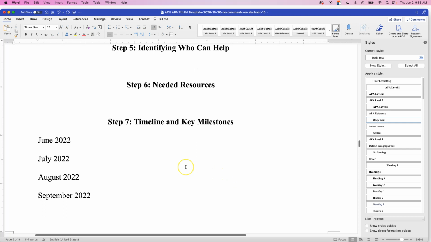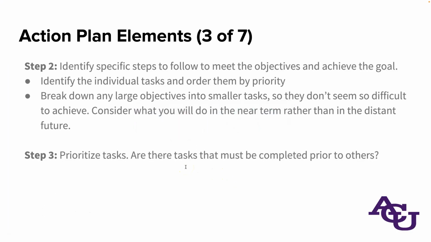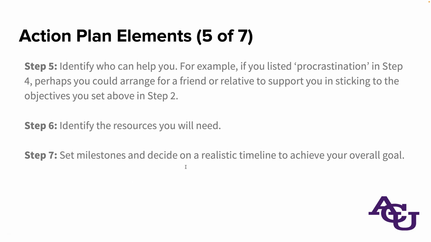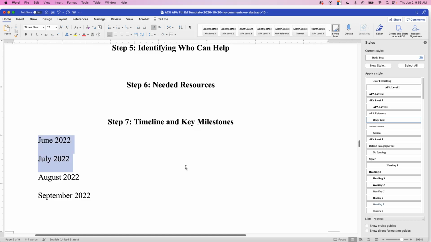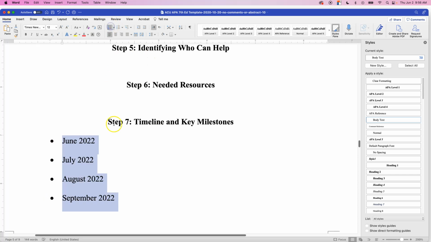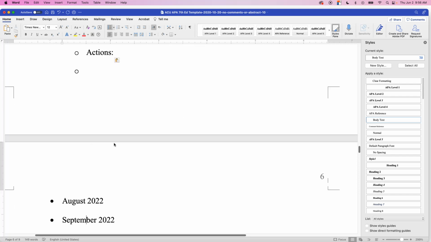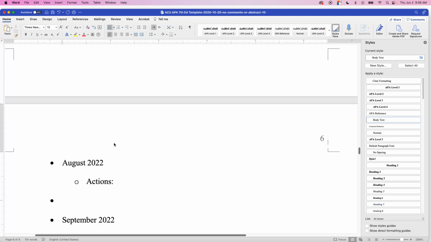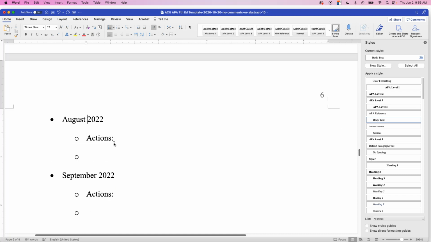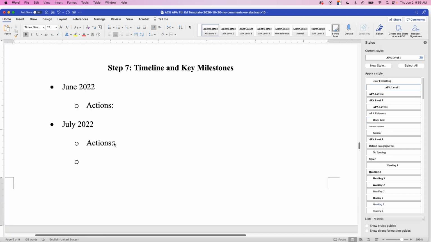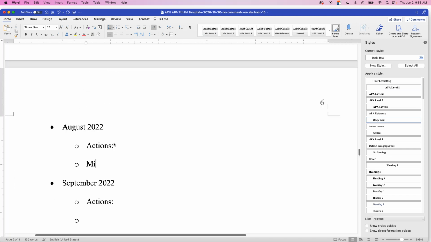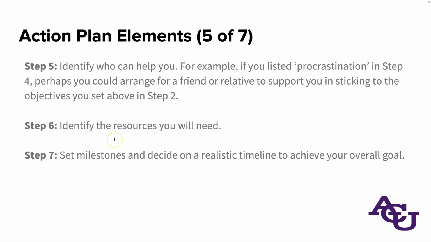Now, if we look back at the slides here, it says, okay, set the milestones and decide on a realistic timeline to achieve your overall goal. Okay, so within these, list any important actions or events that are happening. And also, if there's something that is a milestone, mark that, like. Now, if we go back